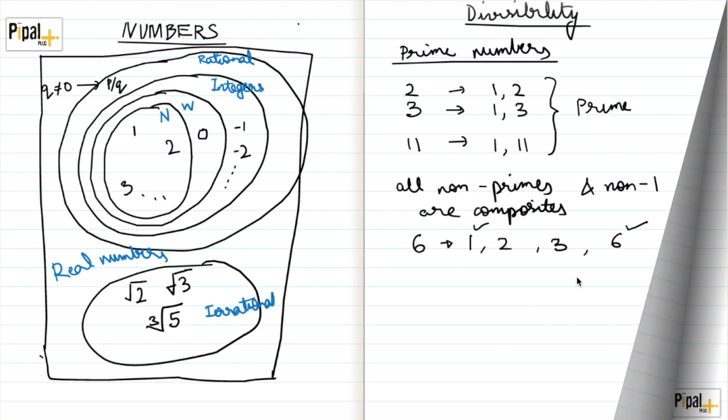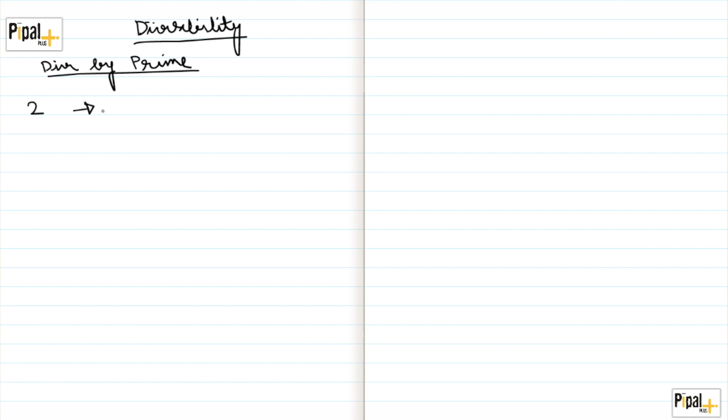Now let's talk about divisibility. Now divisibility simply means a number being divisible by another, right? So we'll start off by checking for divisibility by prime numbers. Okay, divisibility by prime numbers. Now in terms of prime numbers, we'll look at divisibility by 2 first. Okay, so let me take an example. Let me take a large number,